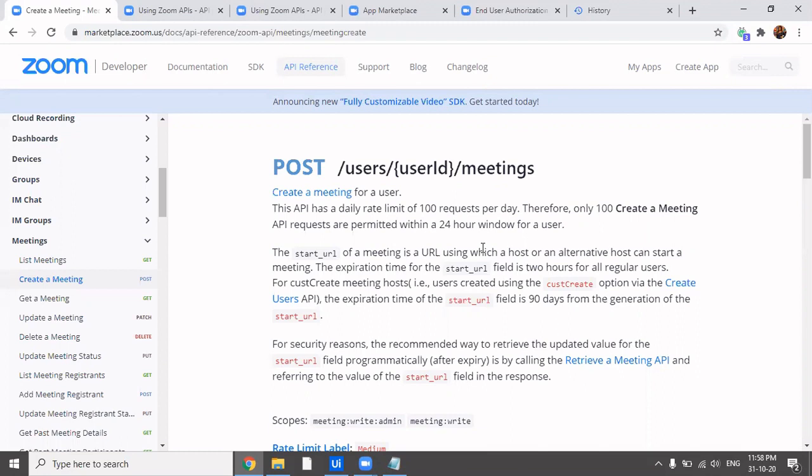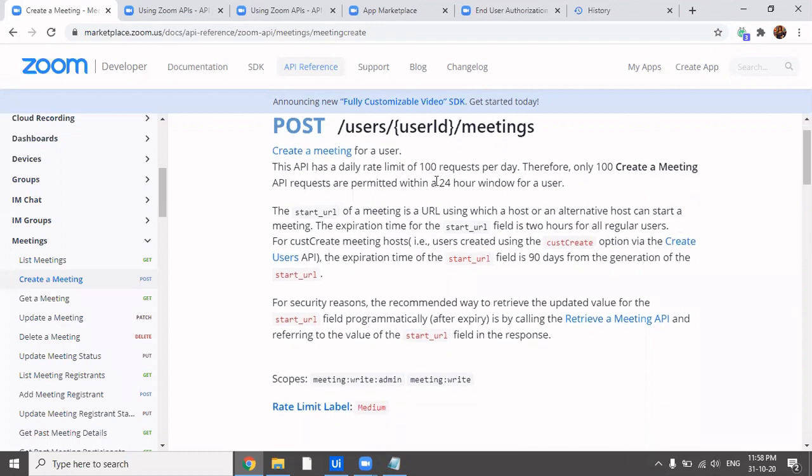So we'll see how we are going to make a bot or a custom activity where we just click on one button and our meeting is created. In the previous and upcoming videos, we'll also see how, just by making a bot or clicking a button, a meeting is created and the joining URL or meeting URL is sent to a respective group via email. That is a later part which we'll be covering soon.